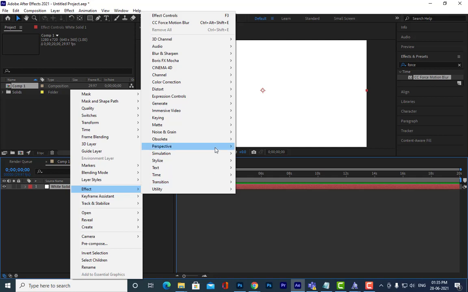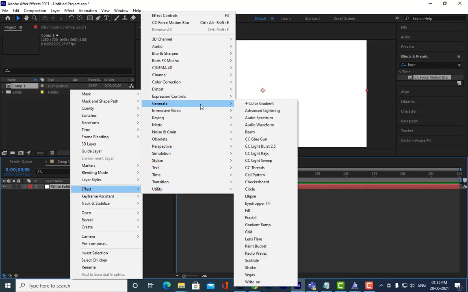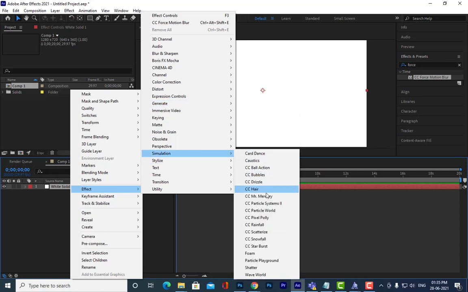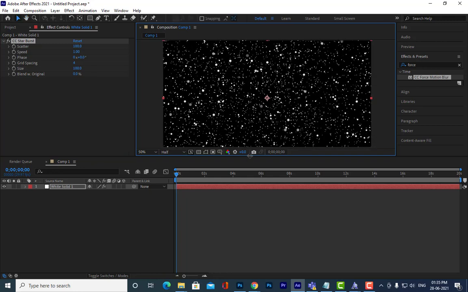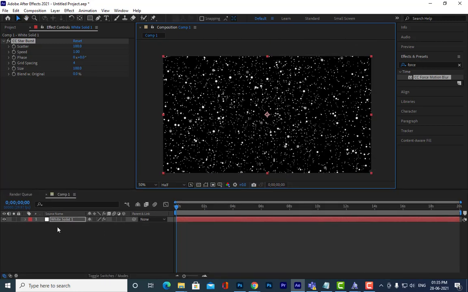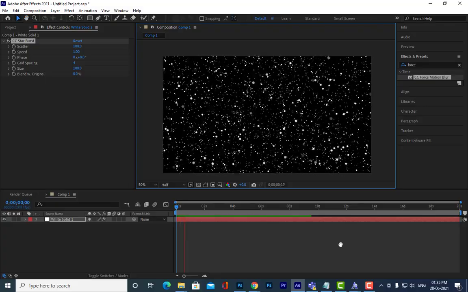Where is that CC Starburst? If you can't find it, mostly it is in Simulation. Can you all see this? Yes, sir. We can create something like a galaxy or snow. I have created a solid layer, and see here now.